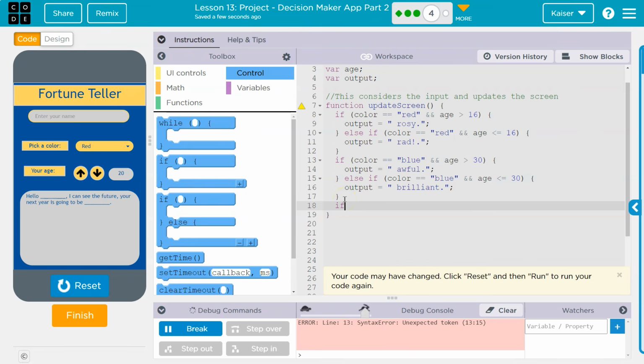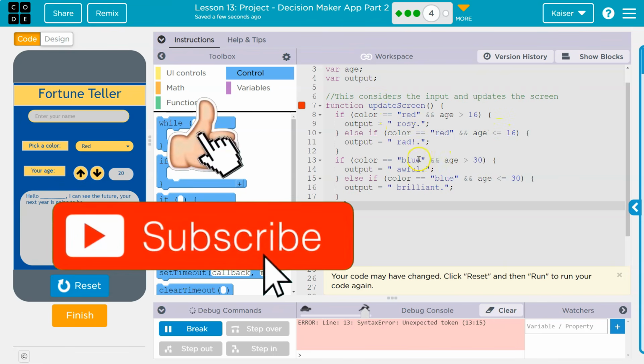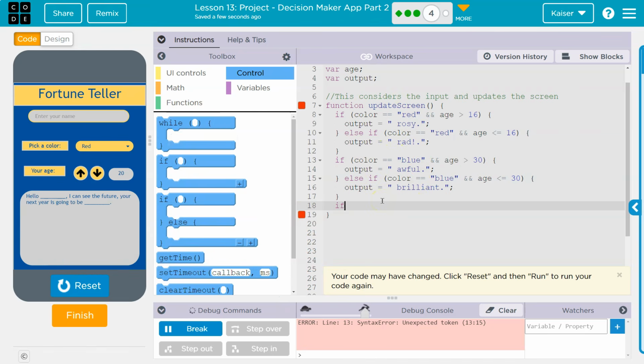So if I put an if here, if the computer gets to this point, I know that those things are not red or blue. The reason I know that is because if they are, they either had to pick an age above 16 or less than or equal to, so this would pop out. Or if it was blue, one of these had to happen. So that means it's not red or blue. So this is like the default. This is everything else. I will check age still. So if age is less than 10,